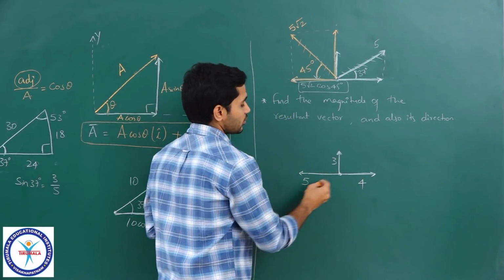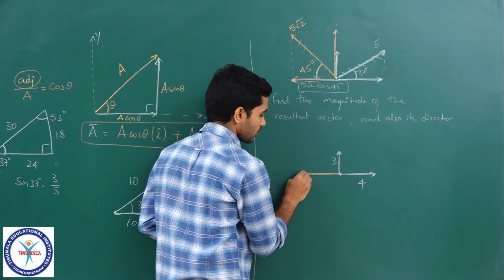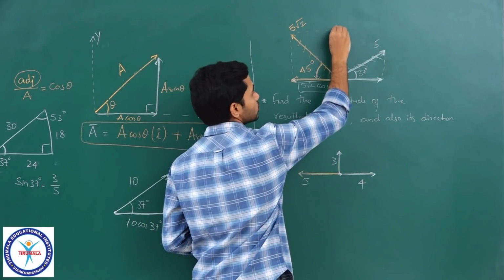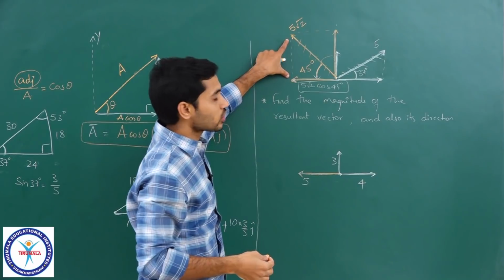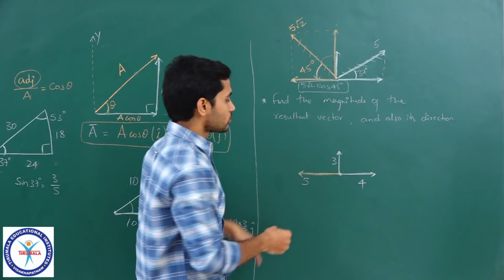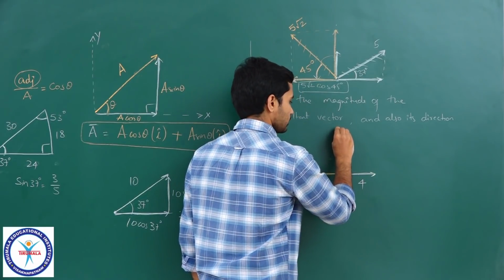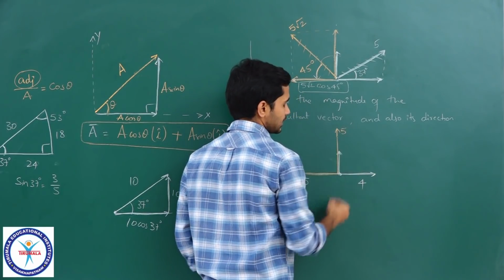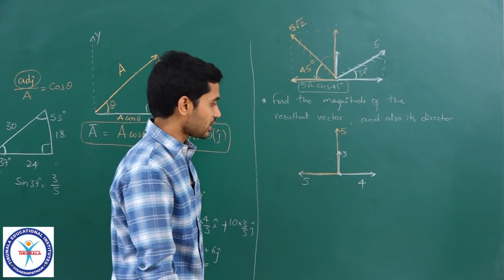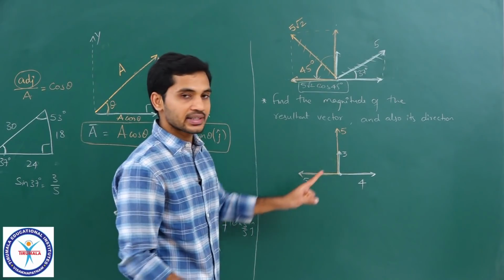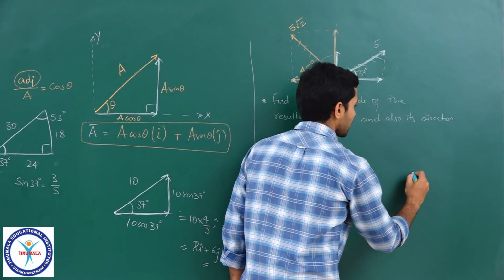and okay, let me draw it in orange. So this would be 5, and what about this? This is also 5, because this is 45 degrees, so sin 45 will also be 1 by root 2. So I will be getting another 5 over here. That is it. So these are the four vectors. Now you know how to easily add them, right? So these two can be directly added, they are in the same direction. These two when added will give me 8.